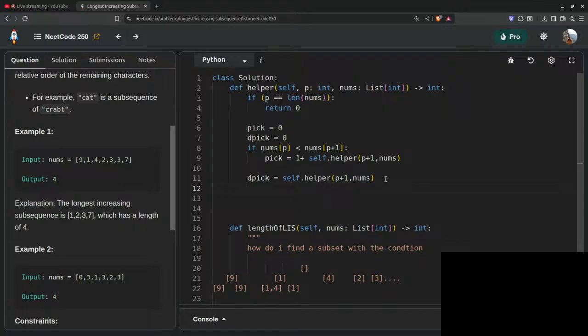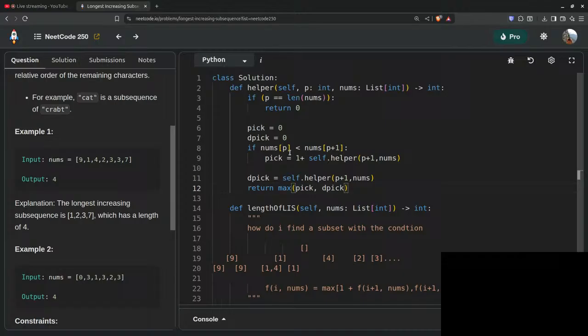Self.helper of p plus one, don't pick. Now what should I do? Return max of pick, comma, don't pick. Okay. This is cool, right? So this is fine. Okay, the edge condition where p plus one is equal to this, or